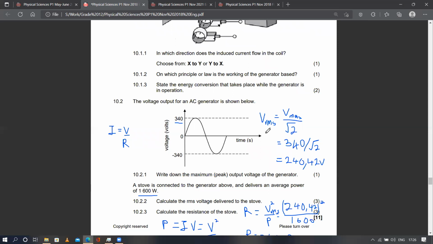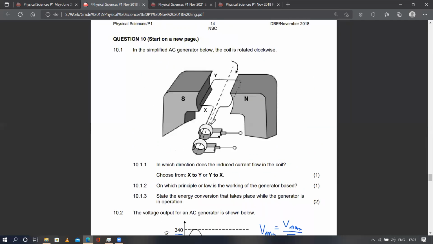Yeah, so basically, just keep in mind they're going to give you the formula. They only want to know the principle. And if they're going to ask you any other question other than the ones asked here, they're going to ask you the difference between an AC and DC generator. And that difference is here,